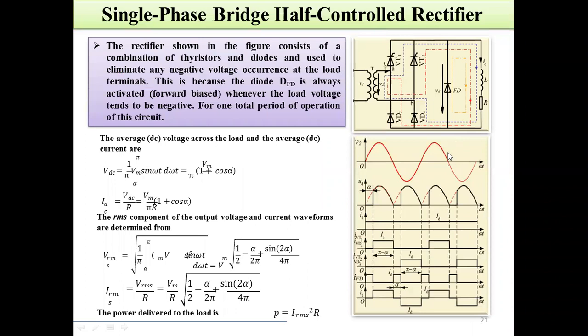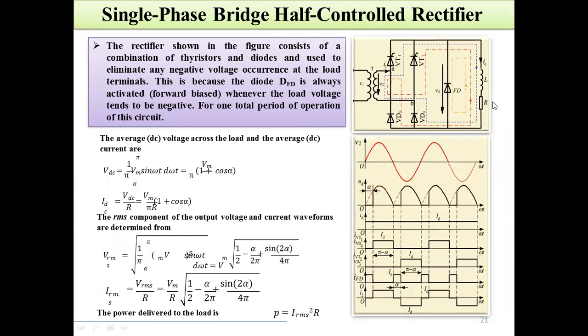And this is the circuit for a single phase bridge half controlled rectifier with a freewheeling diode. I have not discussed the freewheeling diode previously. This is the freewheeling diode. By using a freewheeling diode, how should the expressions change? It is a single phase bridge half controlled rectifier, and here we are using an RL load.